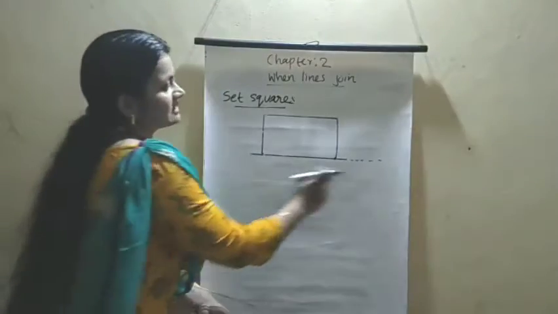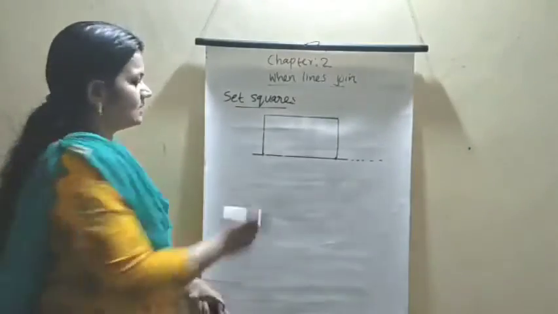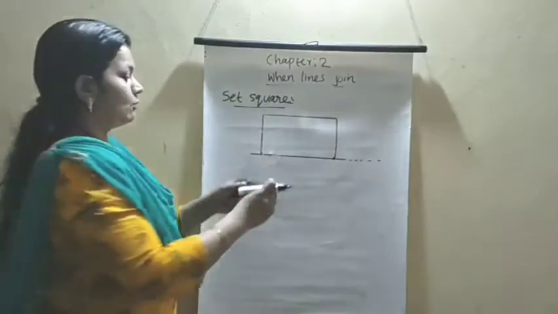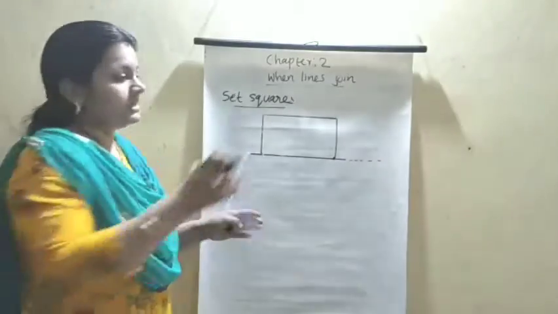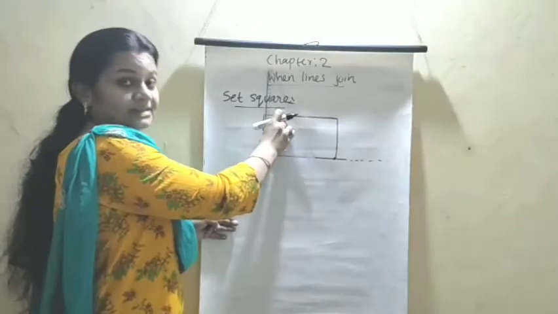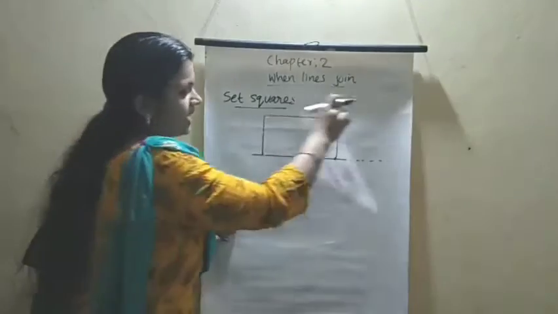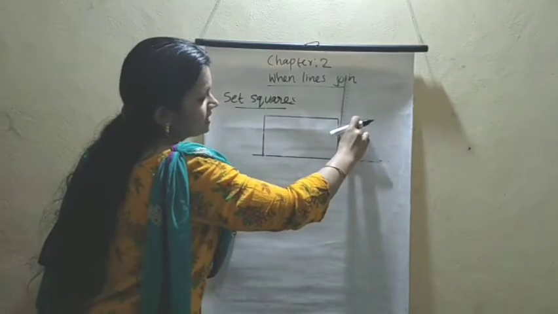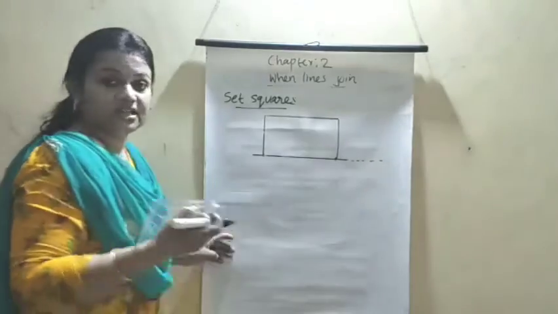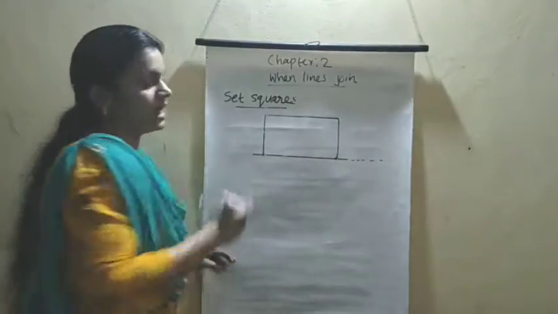Okay, first draw one straight line, then put small dots on the right side and left side. Then on the left side put the set square like this. Then draw the 10 centimeter straight line. Again put the set square like this and again draw the 10 centimeter. Then after this, join these 2 lines.